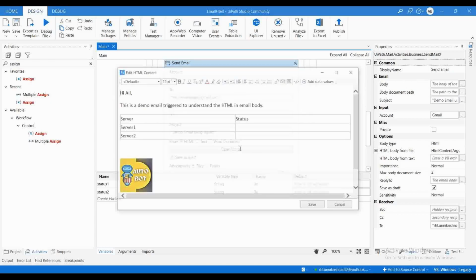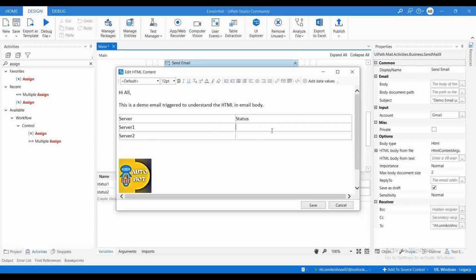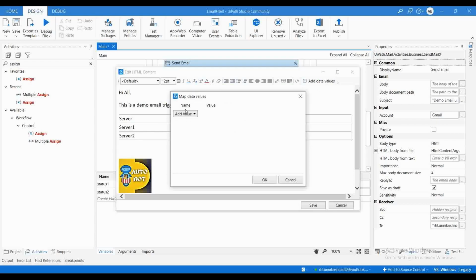So here let me click on open editor and you need to map those values here, right, inside the table. So just click on add data values, map data value, click on add value single value. Okay, or if you want to add a table here in the email body, meaning if you have some data table already available with you, instead of add value as single, you can click on table and you can enter the name as well as the data table which you're having and map that inside the body. Then that particular data table will get added